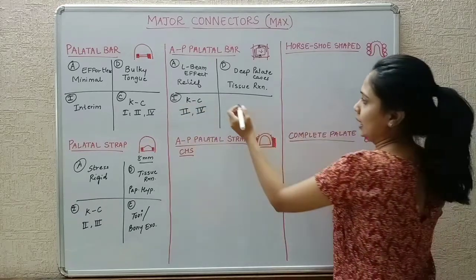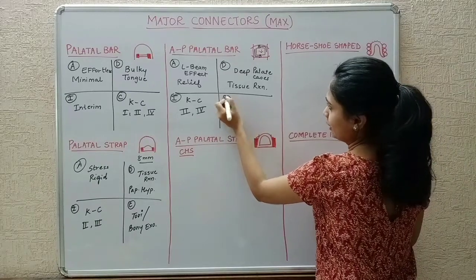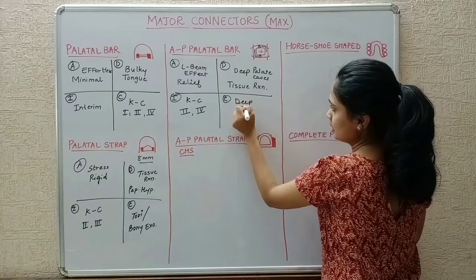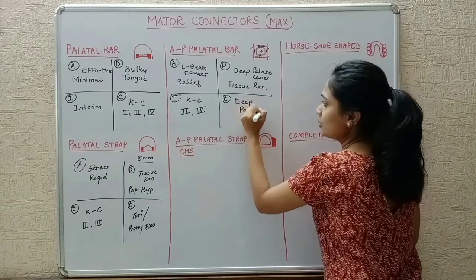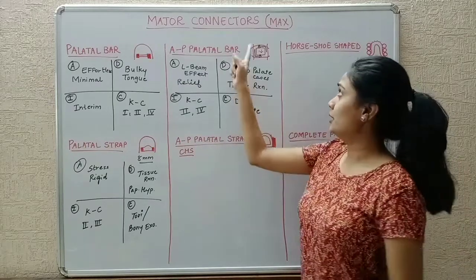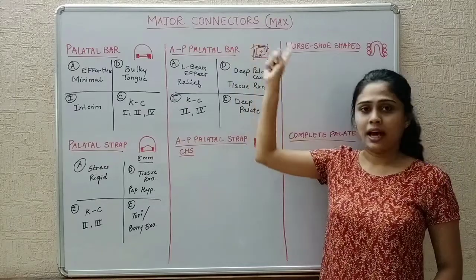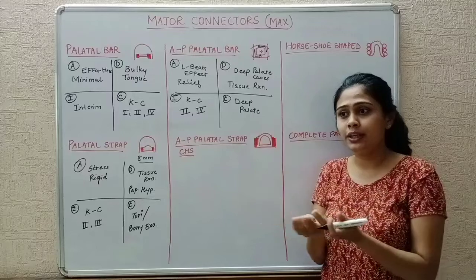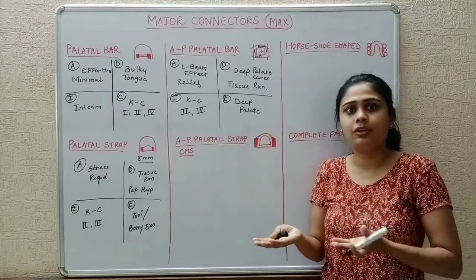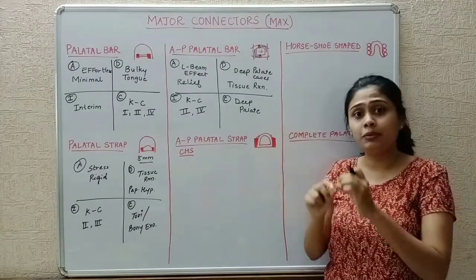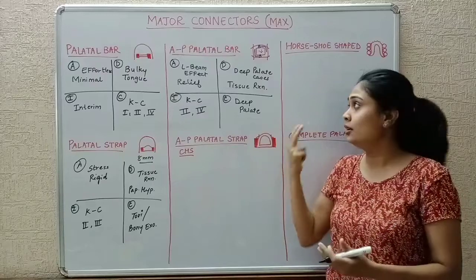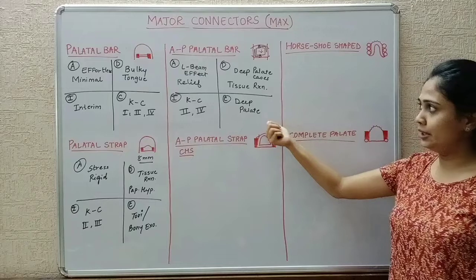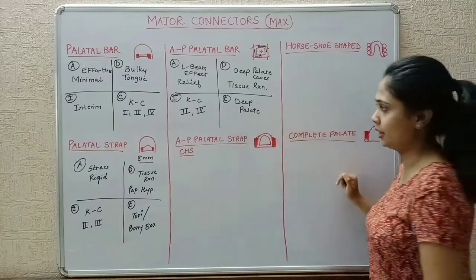Alright. And lastly we have contraindications. As we saw earlier, in deep palate cases, this is contraindicated. So why? If you imagine, it is a connection of an anterior bar and a posterior bar. If you have to place a bar, you need a somewhat flat surface or a shallow palate. If you try to put bars in a deep palate, it is not very good. It cannot be put in a deep palate. So in deep palate cases, it is contraindicated.